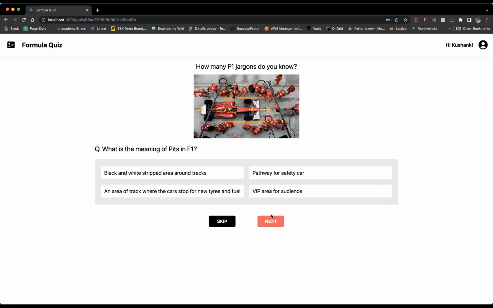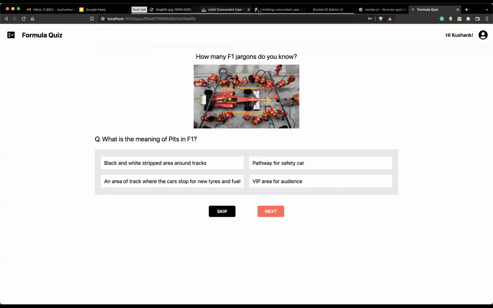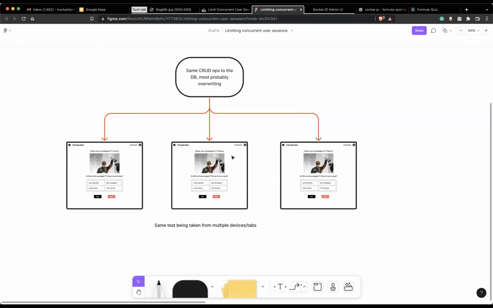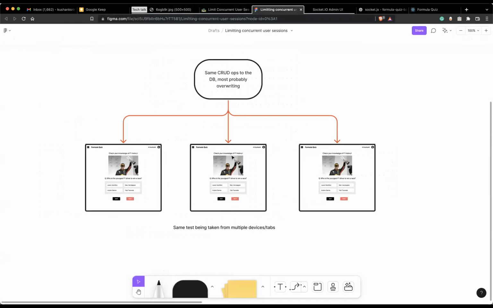What happens here really is, think of the database and the CRUD operations. Let's say this is our first window, this is the second window or device, this is the third window or device. Whenever we make some query to the DB, first this user makes a query to the DB,